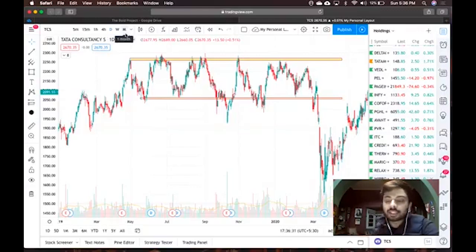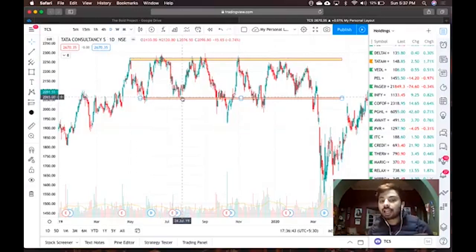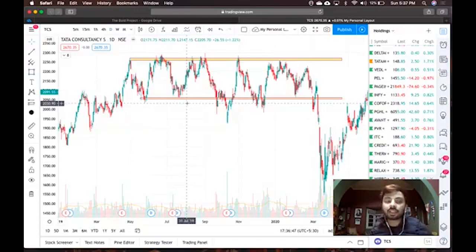If you see something in loss, what do we do? We don't book it then. We let it run. That's the biggest mistake retail traders make. For example, if you buy TCS at 2050 levels and it goes down, we do not sell. We keep on holding, just to realize 4 or 5 months later that it's been a very, very big loss. So always remember this concept.